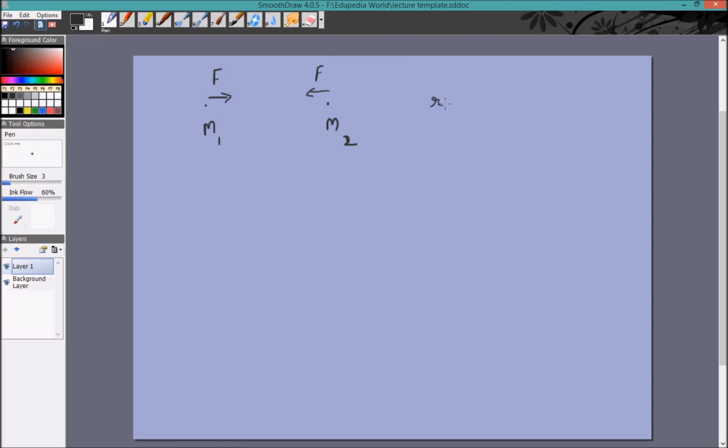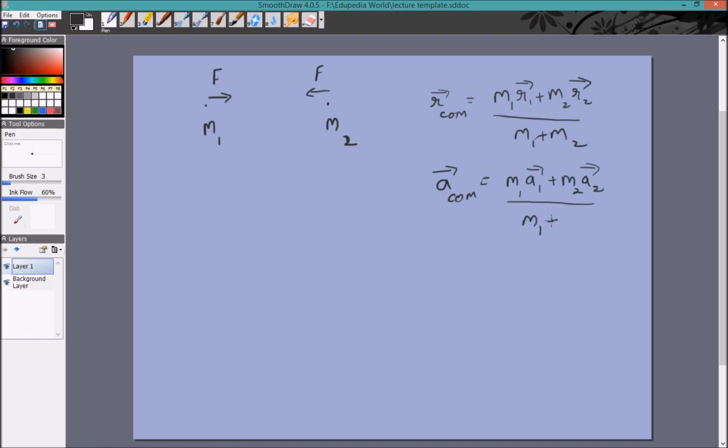What is R COM? That is m1 r1 plus m2 r2 divided by m1 plus m2. It'll probably be somewhere in the middle. Similarly, V COM we know. I'll just write A COM directly because that's what is important right now. A COM will be m1 a1 plus m2 a2 by m1 plus m2. But that is equal to 0 because we are assuming there is no external force acting